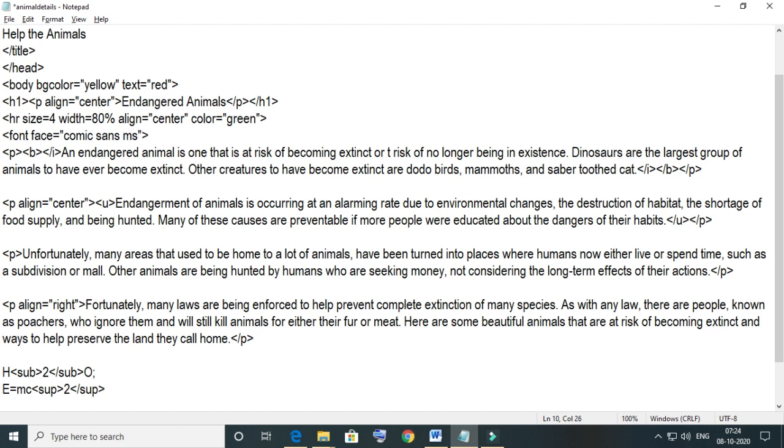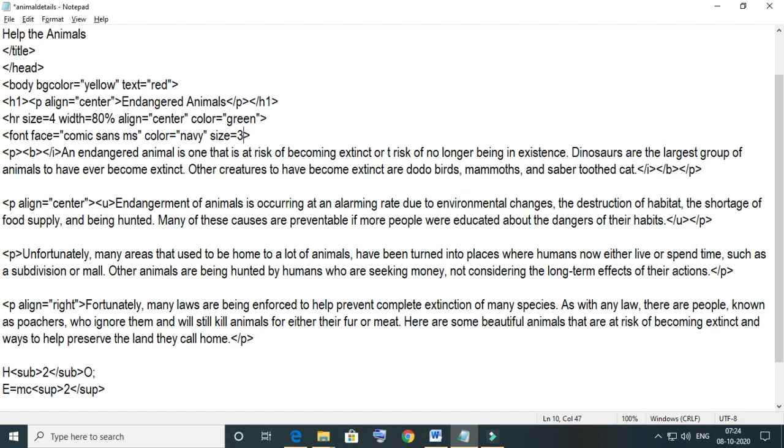So here as you can see, font face is equal to Comic Sans MS, and then come to font color is equal to navy. So font color is equal to navy, and then just come to size, mention the size of the font that is mentioned here as 3.